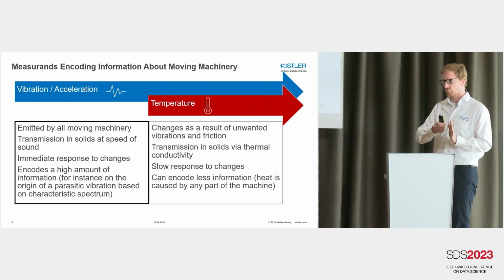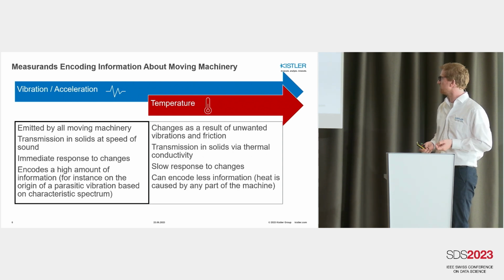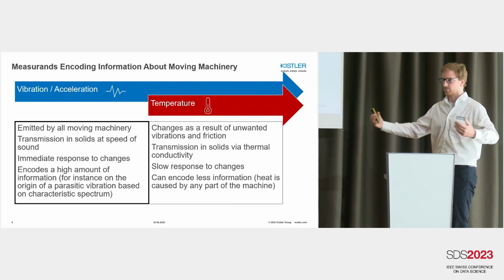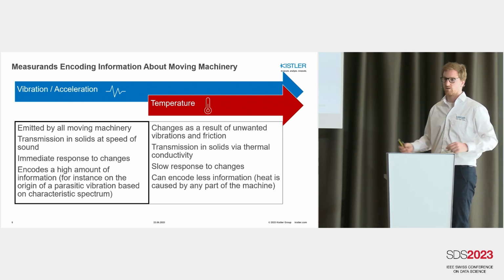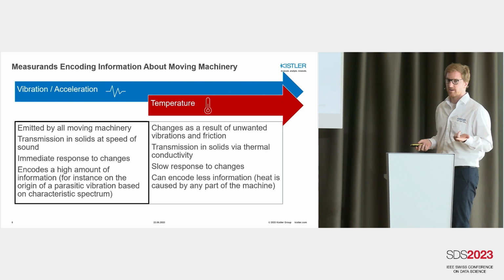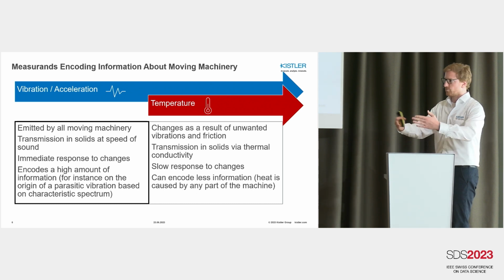It is transmitted through the machinery via thermal conductivity. It is a rather slow process, and it's hard to identify where it comes from if something heats up, because the heat simply diffuses through the solid, and you can see it after a certain amount of time, but you can't locate it. Compared to that, vibration, acceleration, if you sample it high enough, it moves through the solid at